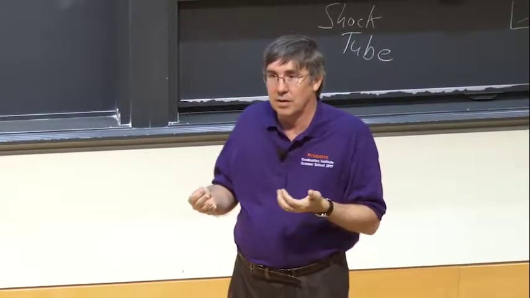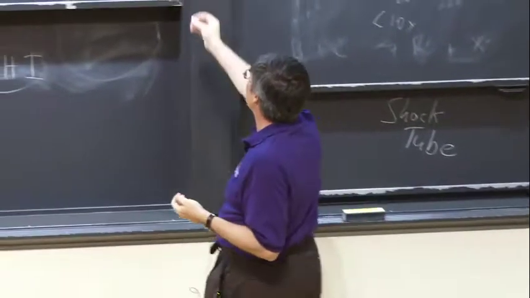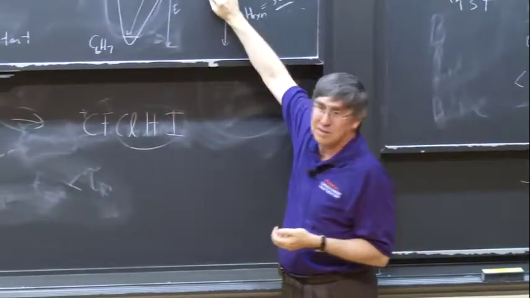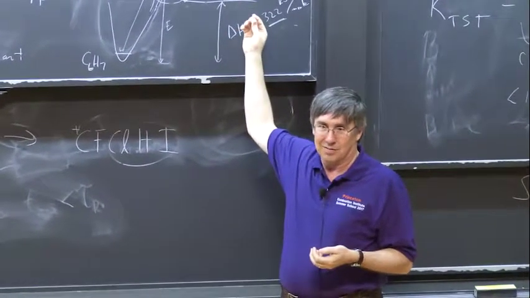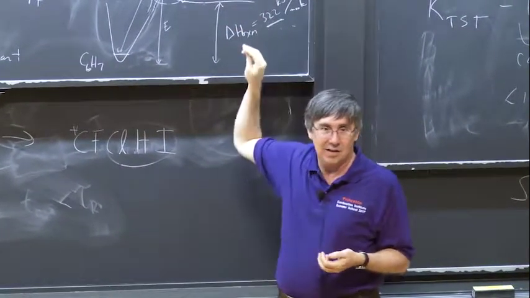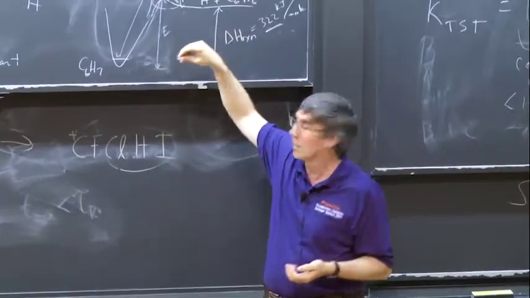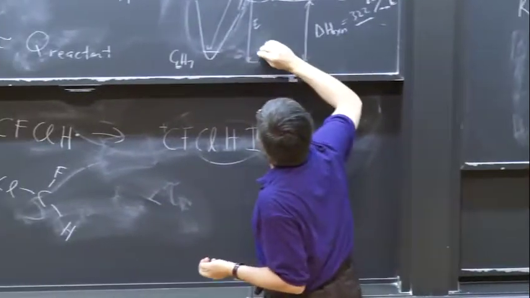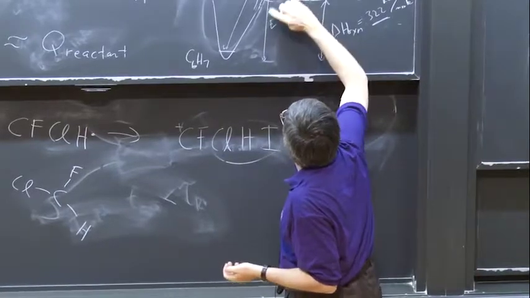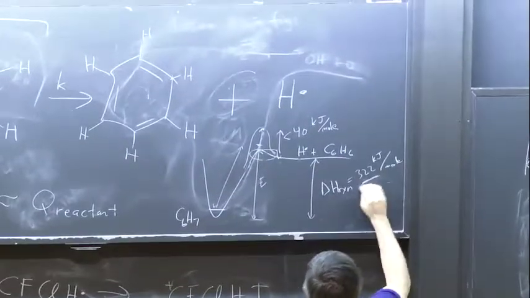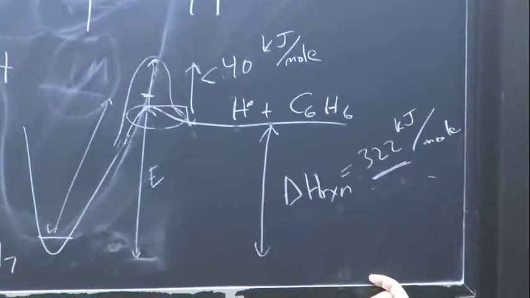What is important? What's not important? So in this problem, what's important is that this is 320 kilojoules per mole. So this barrier is big. This rate's going to be small, right? It's going to be small because it's a gigantic EA. I mean, it's a gigantic delta H. It's got to have a gigantic EA because EA is going to be bigger, right? This distance here to the barrier top, which is either here or here, is definitely going to be bigger than this number, and this number is already gigantic. So that's the important thing.